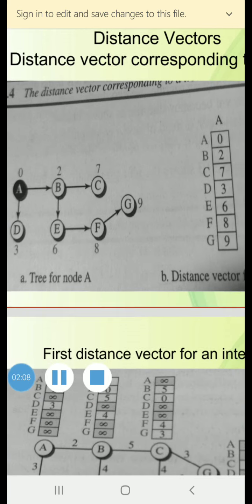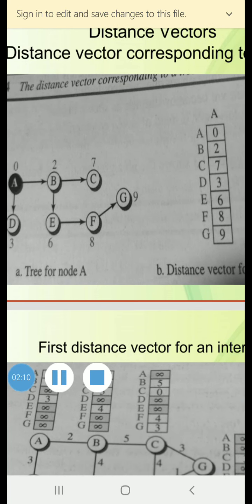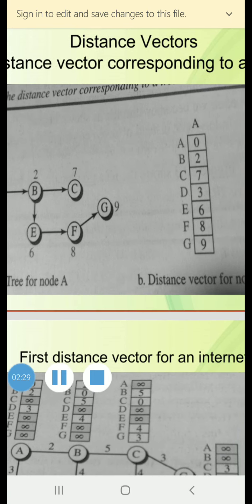Seeing this tree for node A, the name of the distance vector defines the route, the indices define the destination, and the value of each cell defines the least cost from the route to the destination.